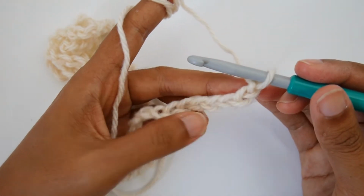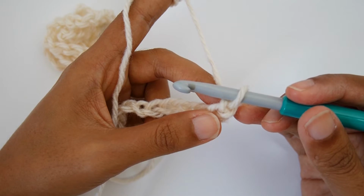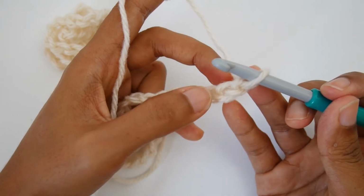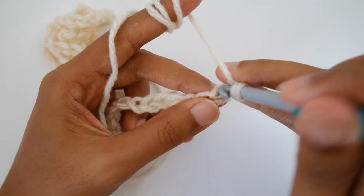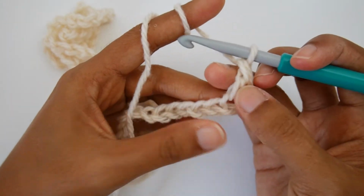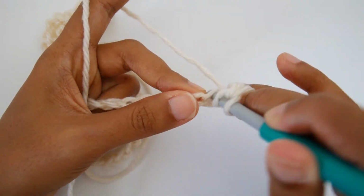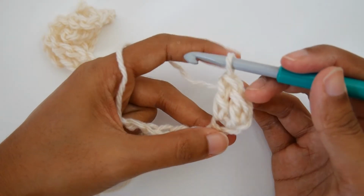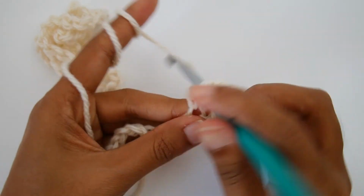I have now finished the 100 chain already, and on the first row of the cocoon cardigan we will make the double crochet in the next chain from the hook. This one, the next chain, and we will make only one double crochet, and in each chain across we will continue doing one double crochet in each chain. And we keep going, make one double crochet,